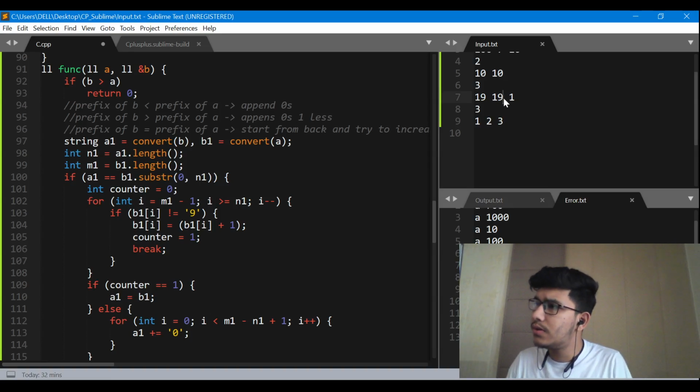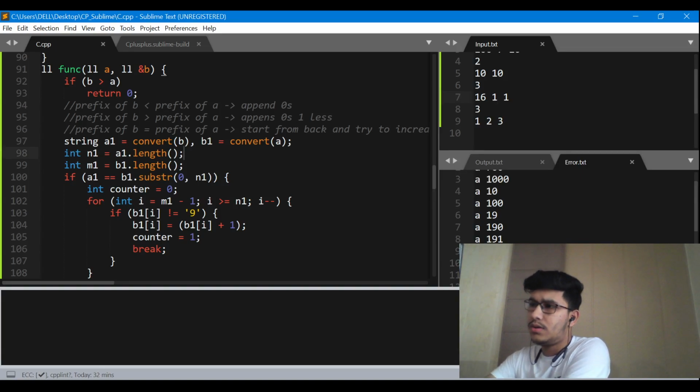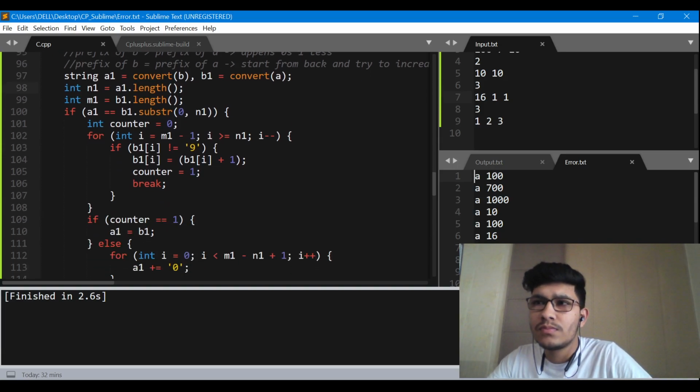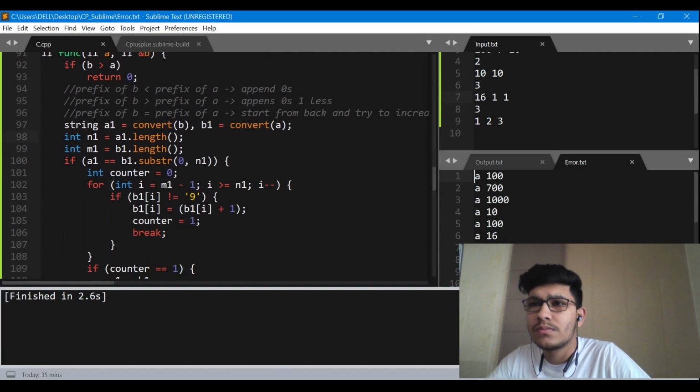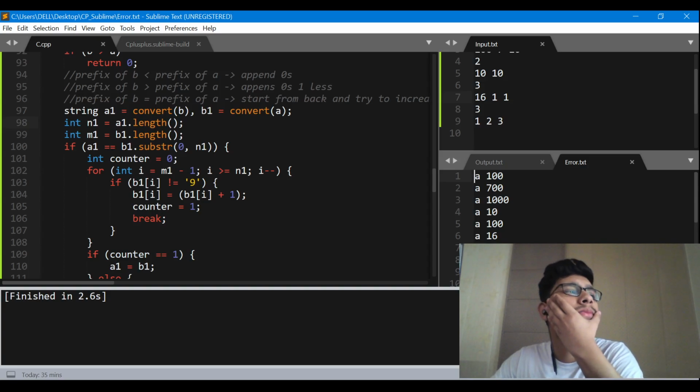Or if it would have been, let's say this is 1 8, 1 6, and this is 1 only, then what would we have got? 1 6, 1 7, 1 8. The answer should be 2, right? B1 dot length. A1 equals to